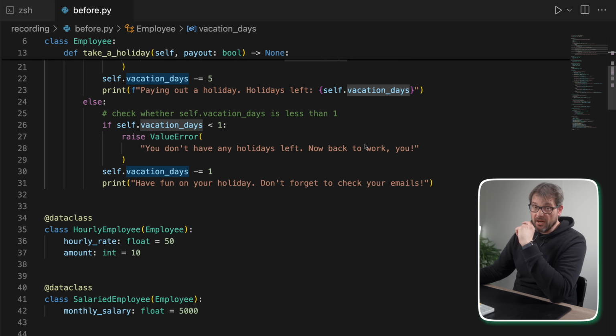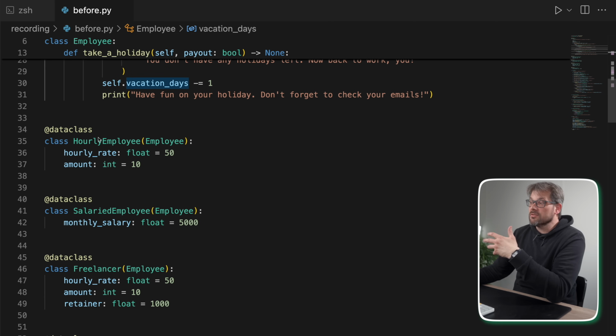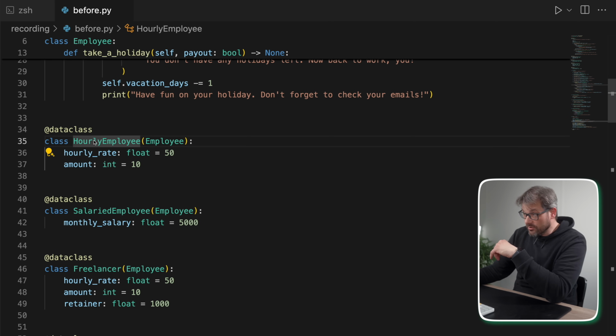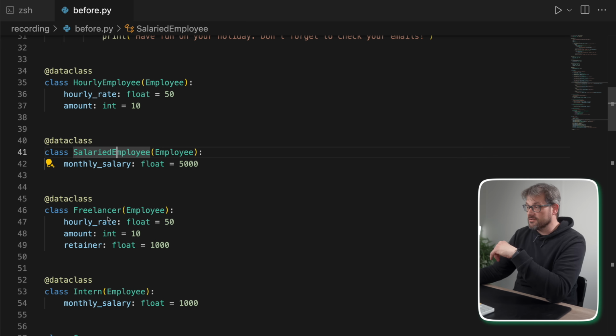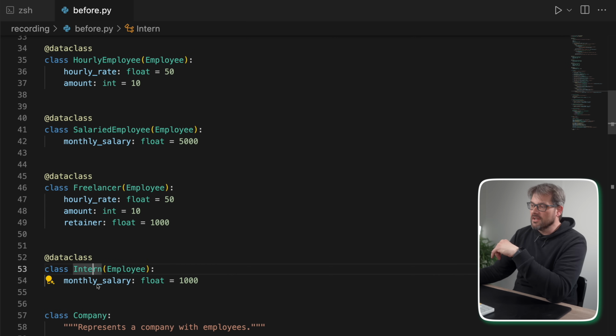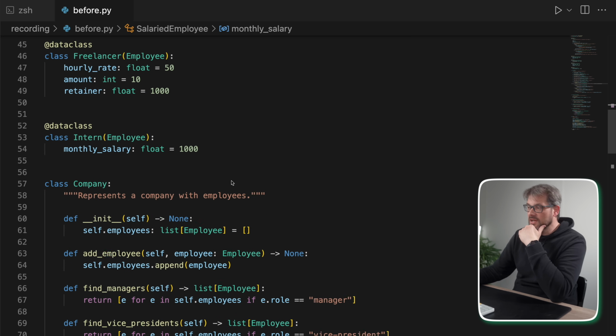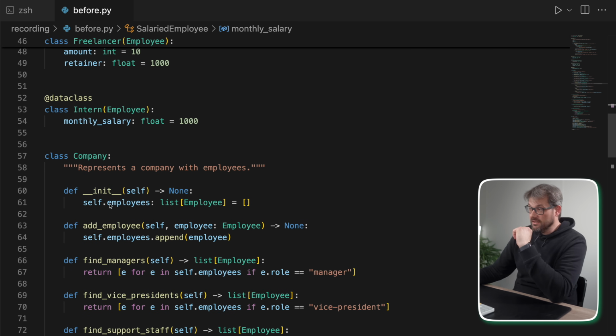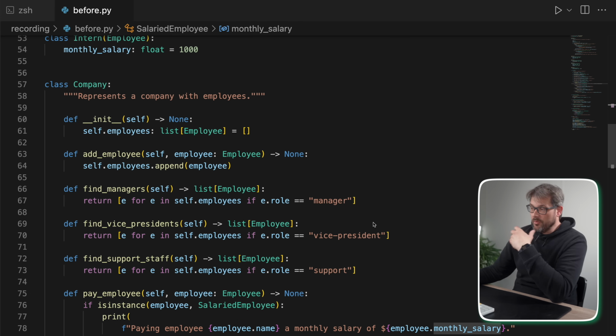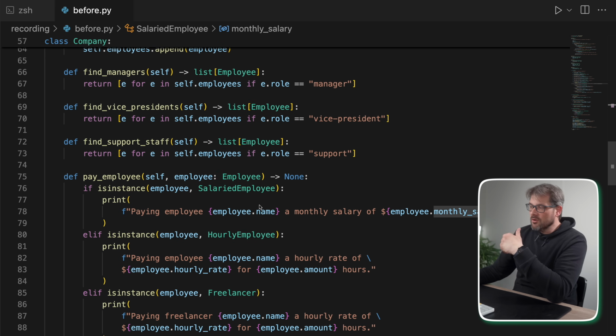Then if you scroll down, you see that there are subclasses of this. There's an hourly employee, there's a salaried employee, there's a freelancer, there's an intern, and they each have different extra instance attributes depending on the type of employee that is. Then we have a company that has a list of employees where we can find various people, we can pay